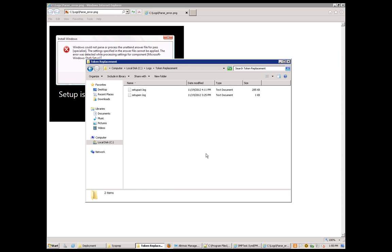The last thing I wanted to mention in sysprep is that sometimes people run into the rearm limit when they're sealing. So when you make an image, it's running sysprep /generalize. And if you generalize the